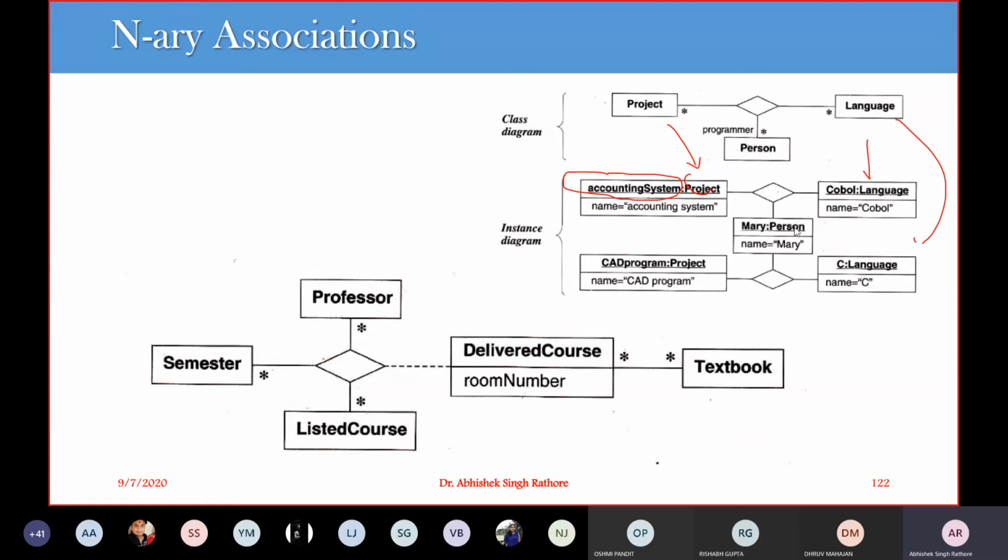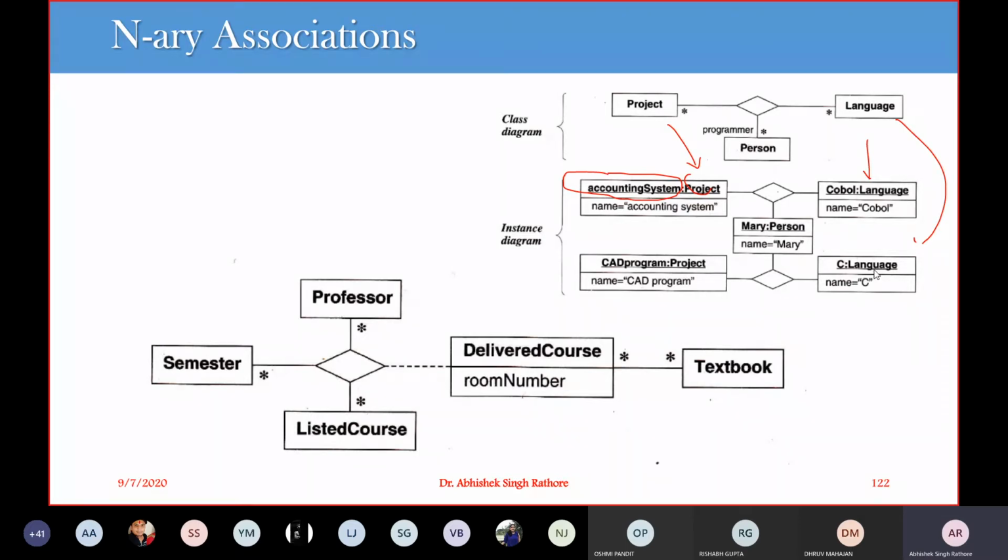Then a person, let's say a person whose name is Mary. Mary can work on the accounting and CAD projects simultaneously, or she can work on the COBOL language as well as the C language. So we have multiple relationships, and we can map all those relationships.